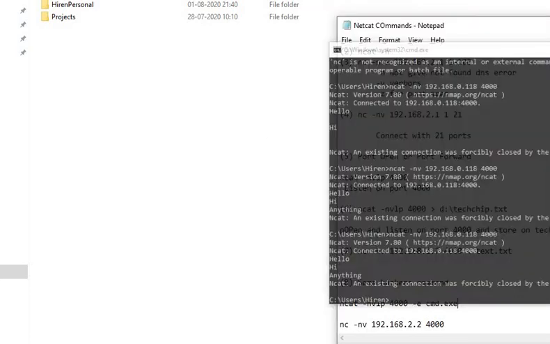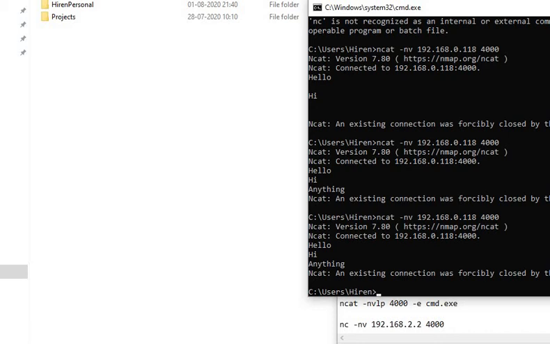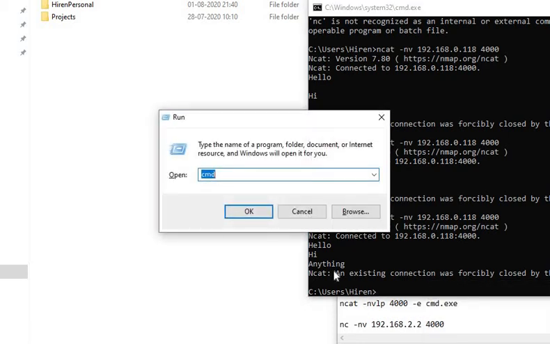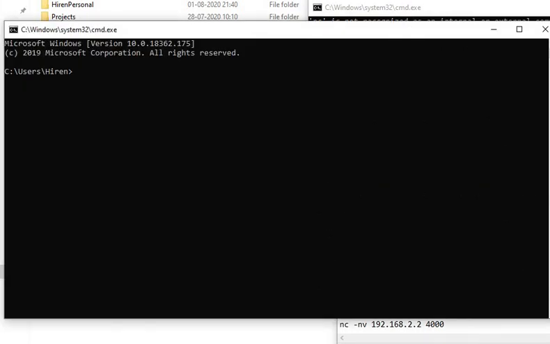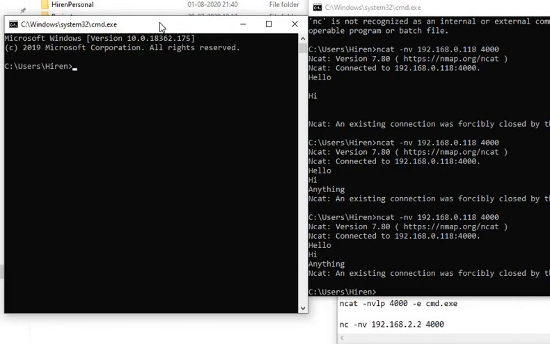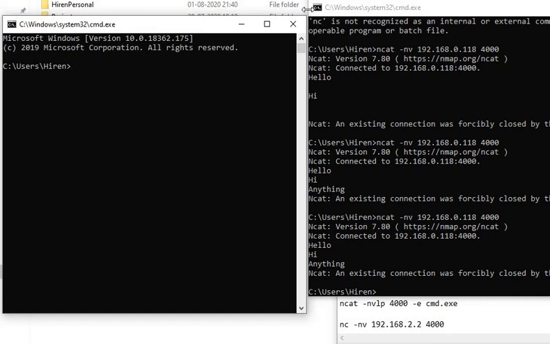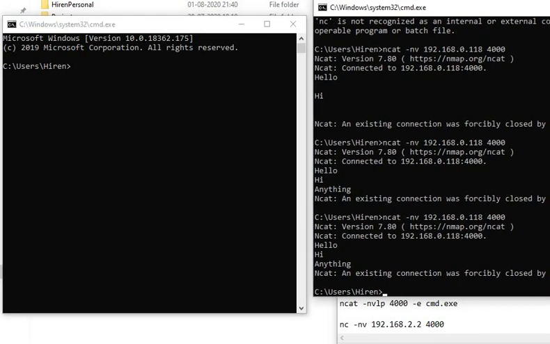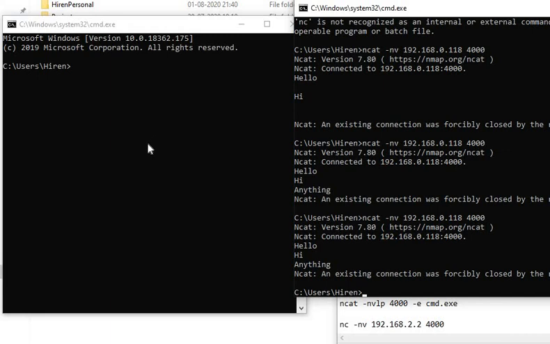Now the very important command comes into the picture with netcat. This is how the attackers can access your system over here. This is how the attackers can access the system. So get your attention properly, I will get back to you on this again.